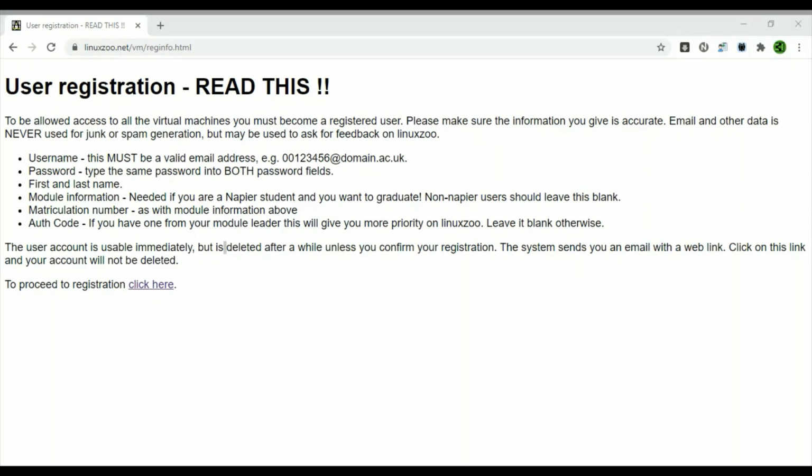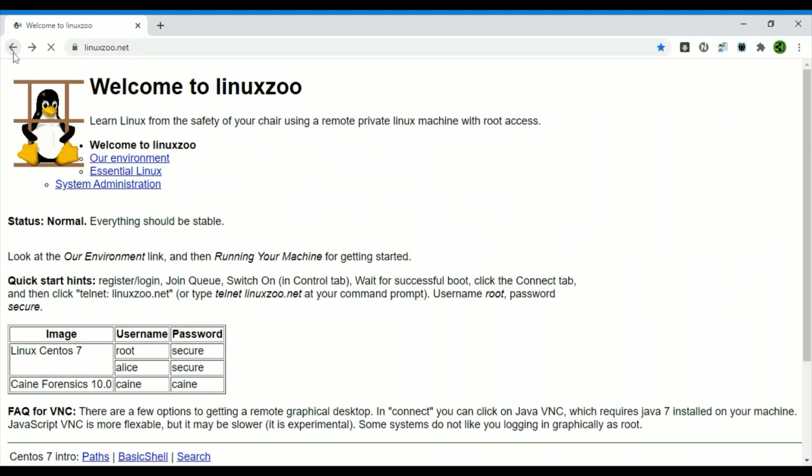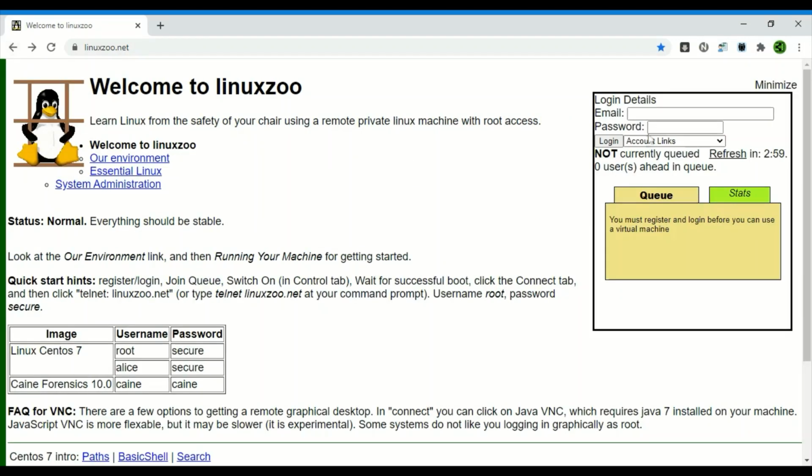After confirming, your account will be available to you immediately. If you do not confirm your account within 14 days, your account is automatically deleted forever. So once you complete this registration process, go back to the home page, go back to the login page, and here you need to provide your email ID as well as password to login, and press on the login button.